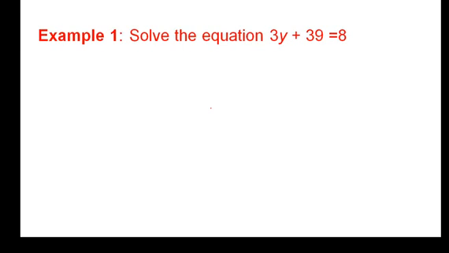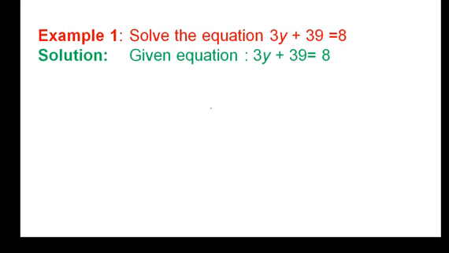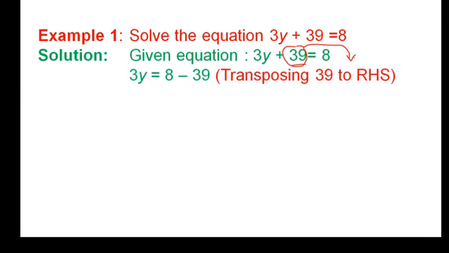Next, examples now. Solve the equation 3y plus 39 is equal to 8. You have to know how to solve the equation. It is very important. I will explain step by step. First I am going to take the given equation as it is. That is 3y plus 39 is equal to 8. Now I am going to transpose this 39 to the RHS. That means we have to send this 39 to the right side of the equation. Like this. So transposing 39 to RHS, we get 3y is equal to 8